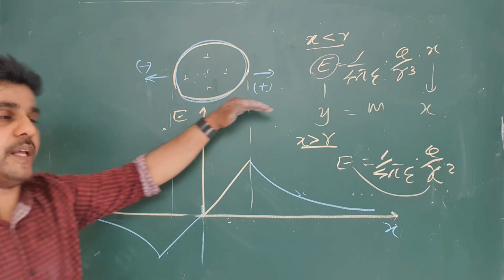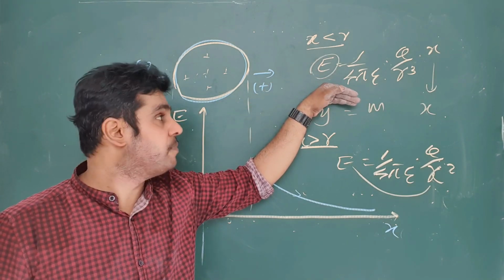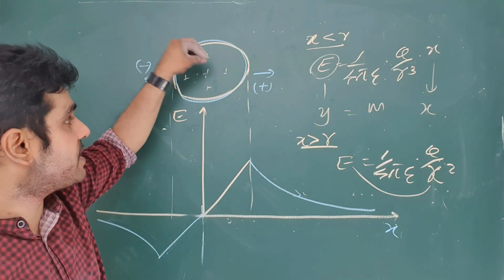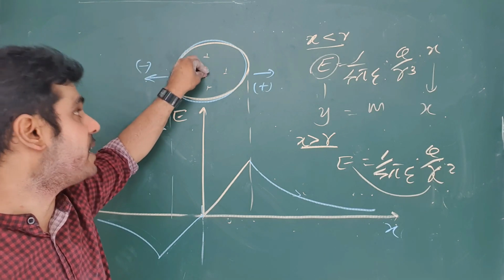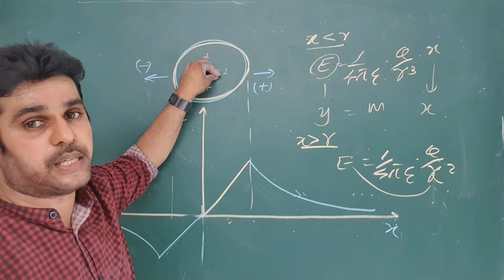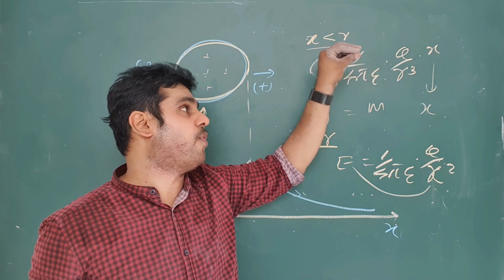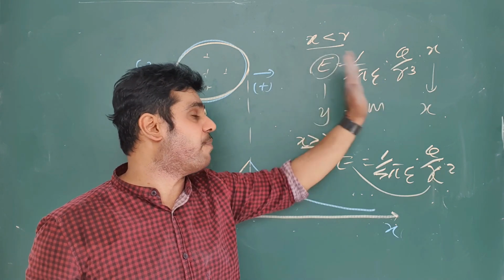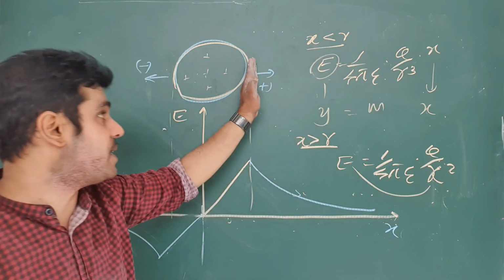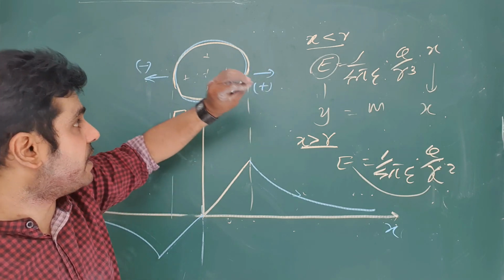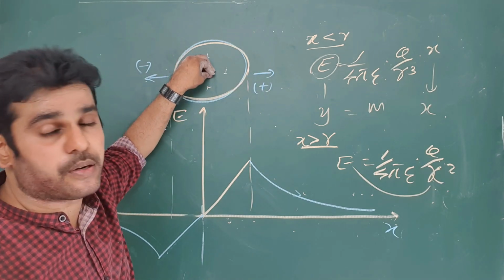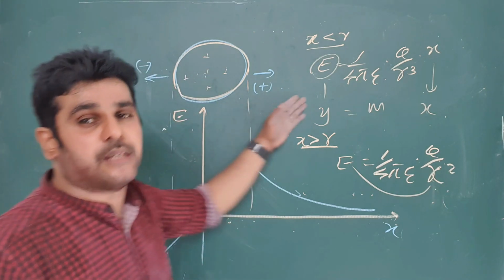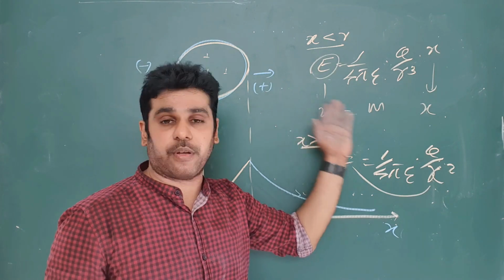This is the method to find E and V with the dielectric sphere. But they will not ask you what is the electric potential inside the dielectric media. But they definitely ask you what is the value for electric field intensity and electric potential outside the dielectric media and on the surface, and they ask inside electric field intensity only, but not the electric potential inside. Right, this is the method to find electric field intensity and electric potential with the dielectric media.